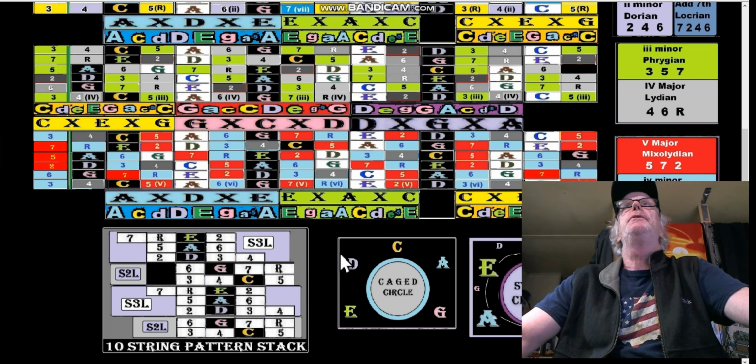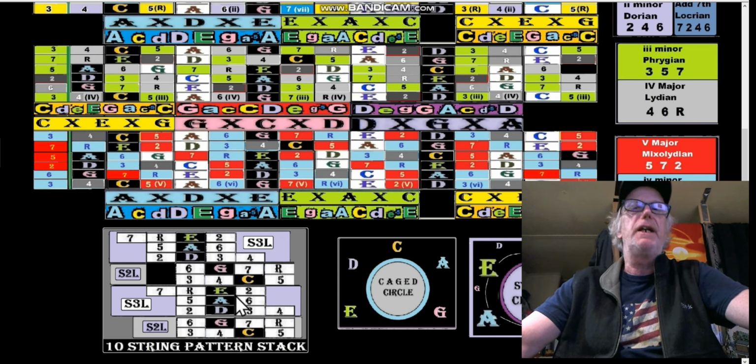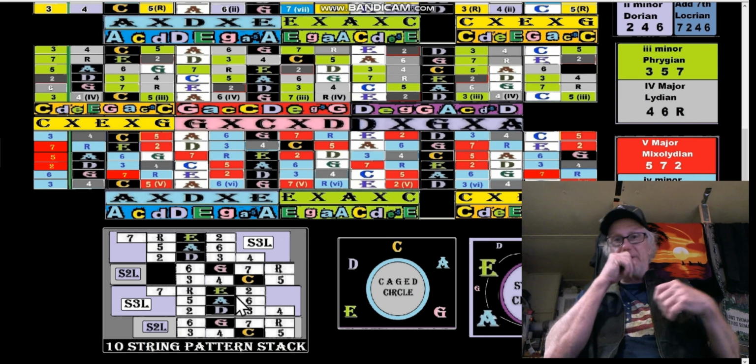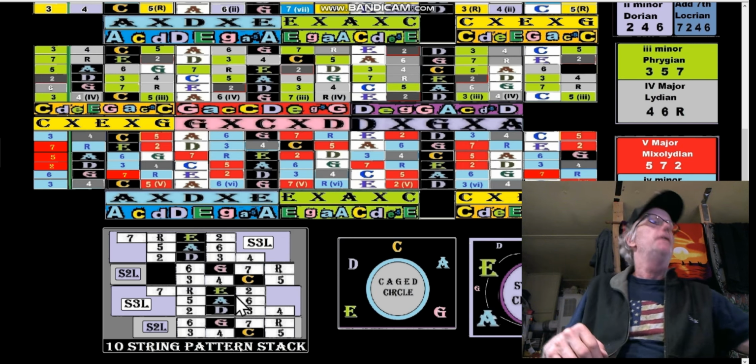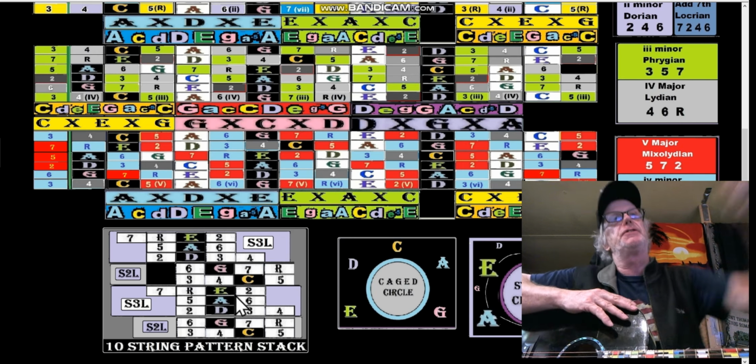All right, so we're just reviewing how the pattern stack goes. We can grab any six strings here and make one of the five cage shapes of it. And that cage, as you know, works in the same key or with five different keys. So the cage system, obviously,